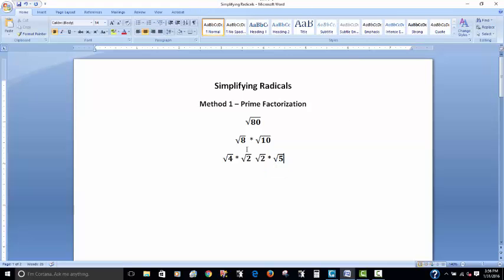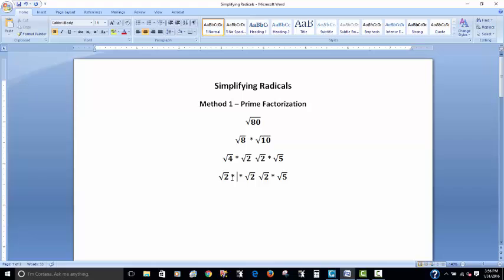So I broke down the radical 8 as radical 4 times radical 2, and then the radical 10 as radical 2 times radical 5, but the radical 4 can be broken down. So I can break the radical 4 down, radical 2